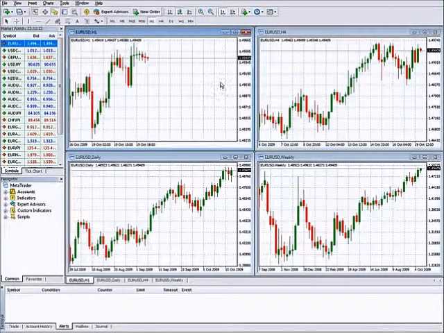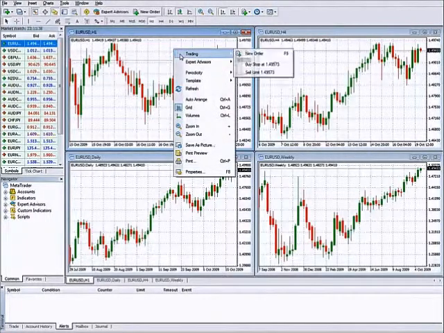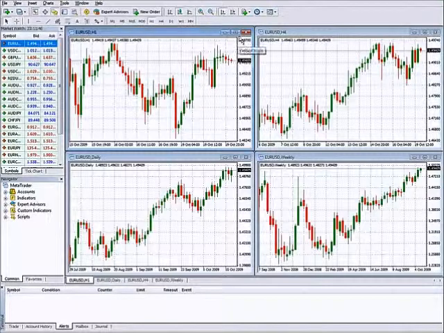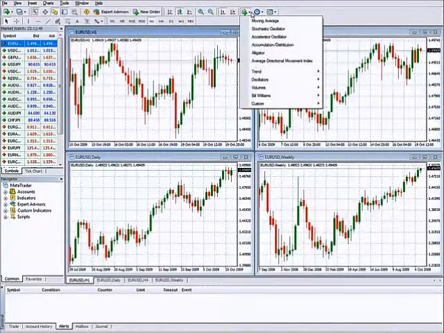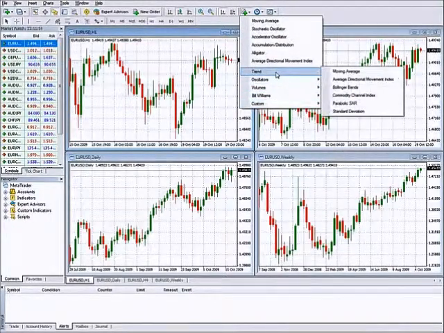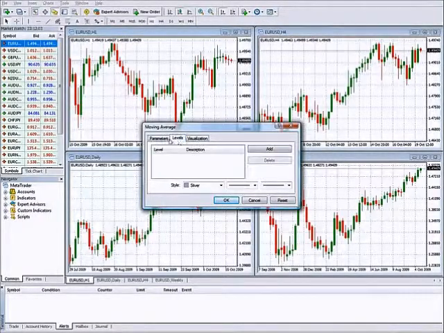Okay. Now, if you've got a particular favorite type of indicator that you want to use, you can do that too. There are lots of different ways to do that as far as indicators are concerned. And what we'll do, before we go there, is scroll down, and there's indicators here. Say, for instance, you're a fan of moving average. There we go. Here's a moving average. This is